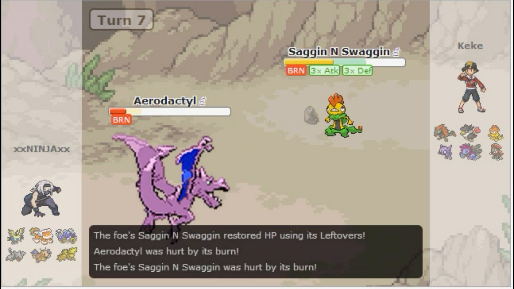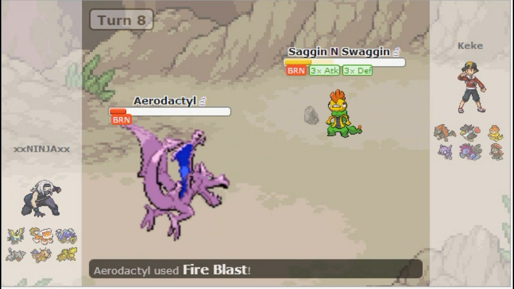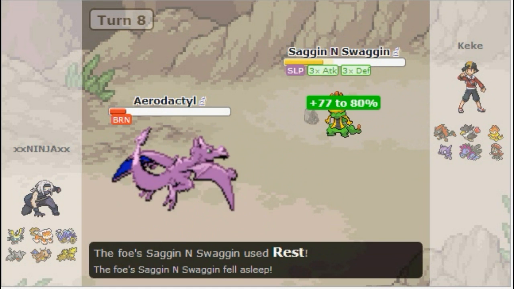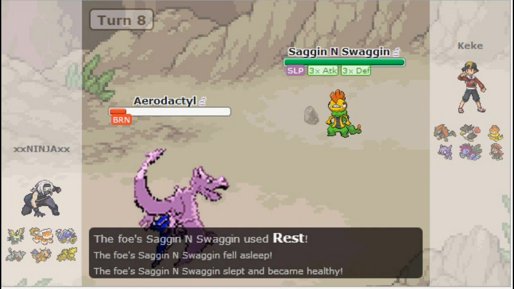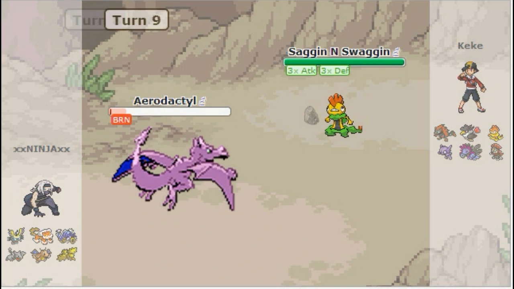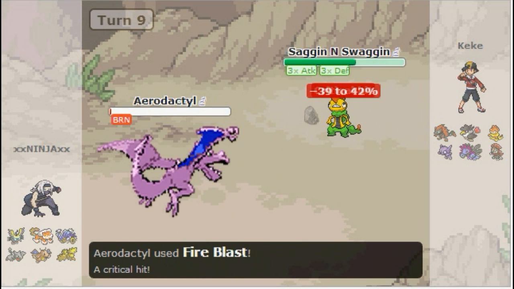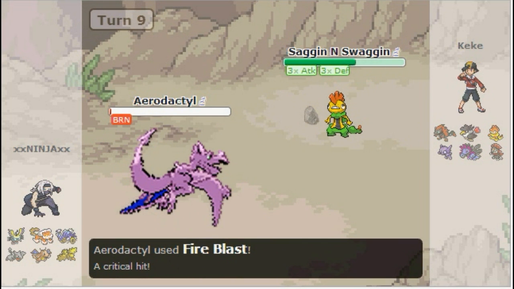But yeah, he tells me thank God in the chat as soon as he got that burn, but then I just Rest it off, of course. And my Shed Skin activates first turn, which does happen quite a lot. It's a 30% chance. Obviously, it is a little bit lucky, but he also did get the burn. But he's going to go for the Fire Blast and, of course, crit me, as I just kill him off